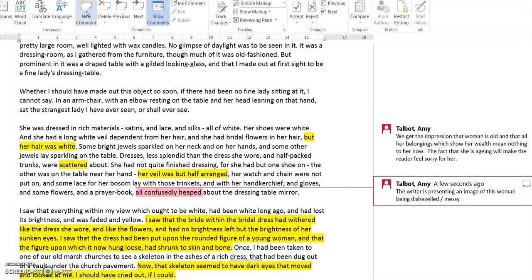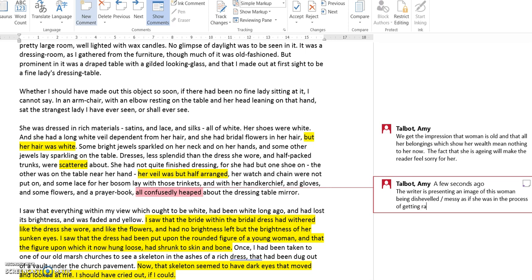And it's the idea that she was a woman who had a veil, she had a bridal dress on, but now everything around her is kind of dishevelled and messy, like she's been stopped from getting married,